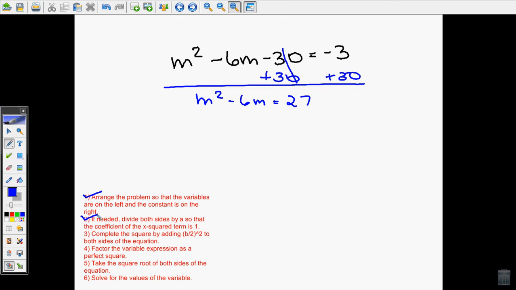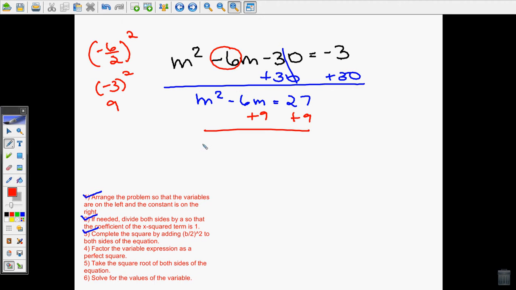If needed, I would divide both sides by the coefficient, but that's not the case here. Then I'm going to complete the square by adding b over 2 squared to both sides. So my b here is negative 6. So negative 6 over 2 squared is going to be negative 3 squared, which is positive 9. So I'm going to add 9 to both sides, which gives me m squared minus 6m plus 9 is equal